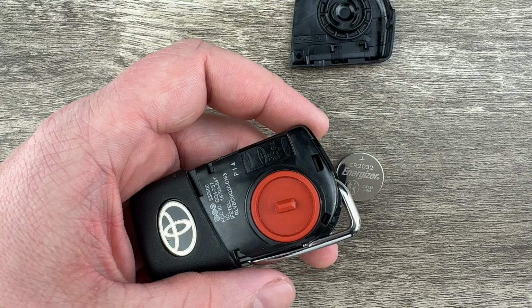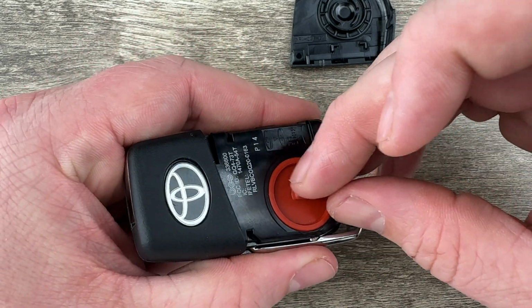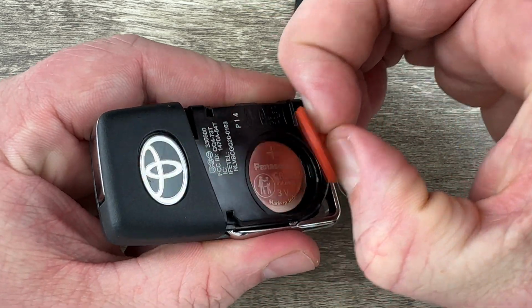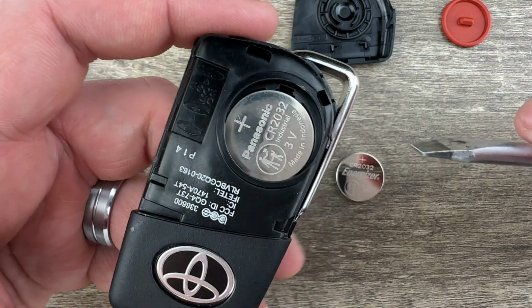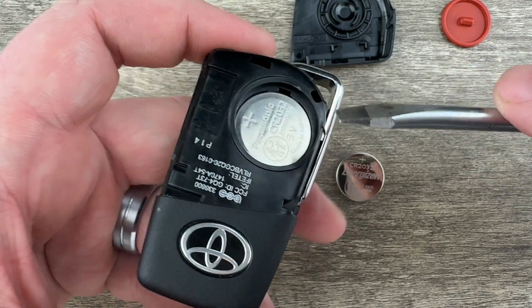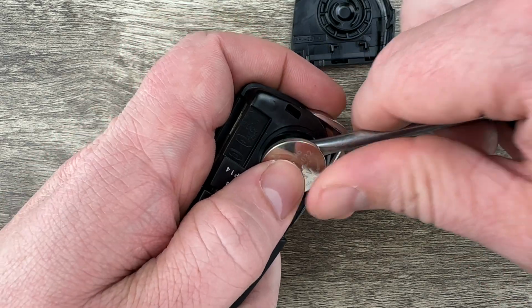Get that cover off of there, and then we see there's this orange cover right here. And it has this piece that sticks up in the middle that you can kind of just grab like this. Get that off of there, and now we see our battery right here. And in this battery holder, there's a little bit of a notch that I'm touching with the end of the screwdriver right there. It'll allow you to get under the edge of the battery and pop it out of that